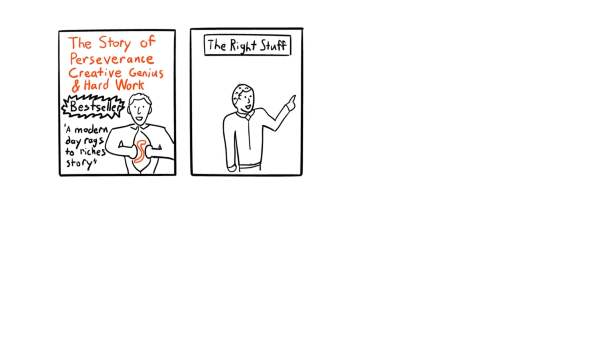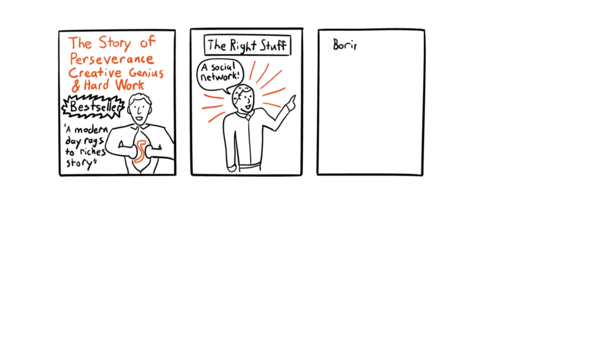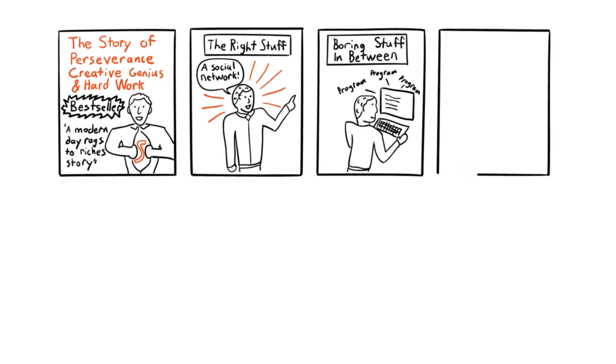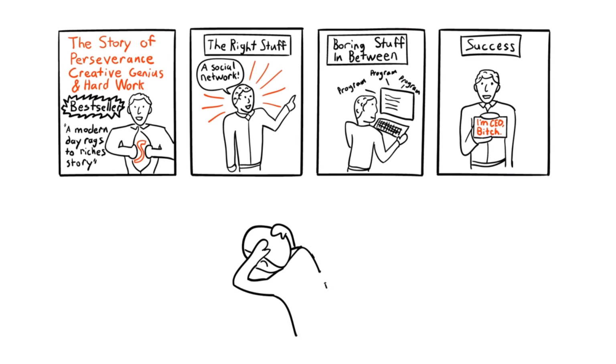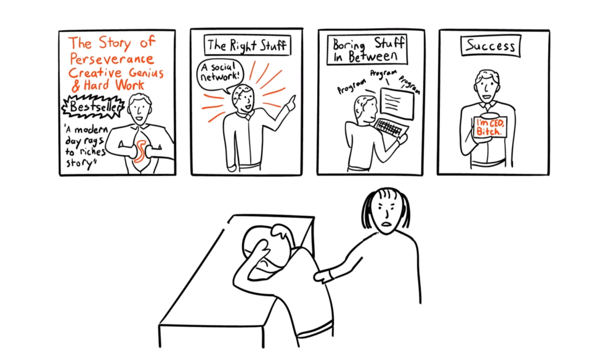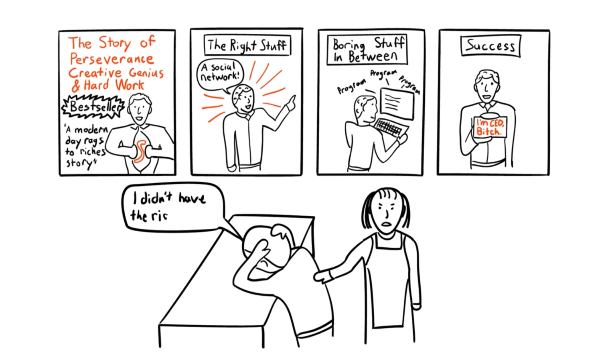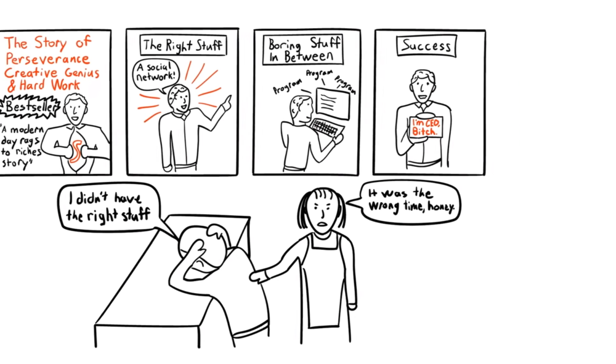I think it's the rags to riches story. It makes success seem inevitable if you just have the right stuff. It means that the mundane details, the boring stuff, the small individual choices don't matter. If we build it, they will come. When we fail, as so many of us do, we have a ready-made excuse. We didn't have the right stuff. We weren't visionary enough, or we weren't in the right place at the right time.